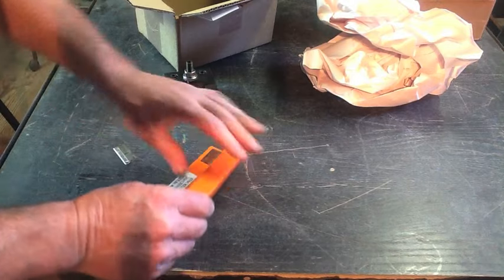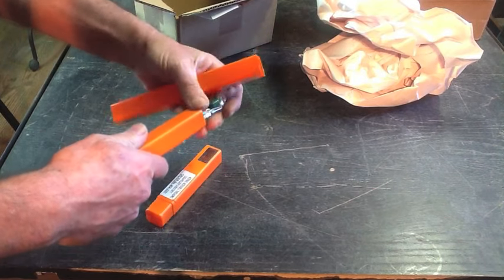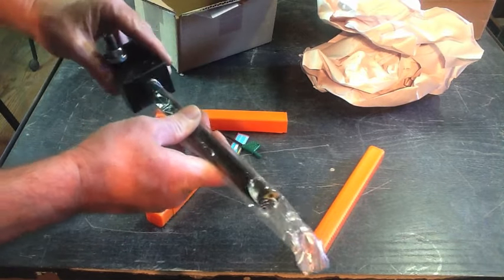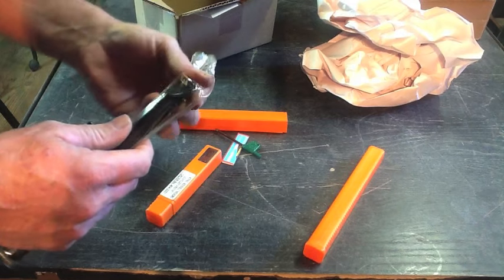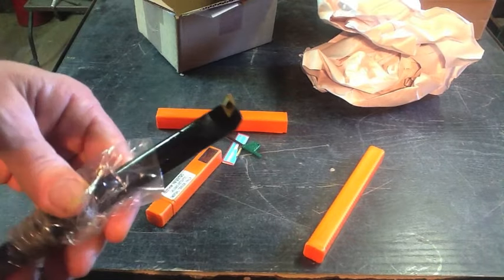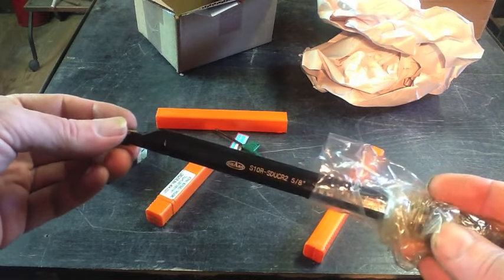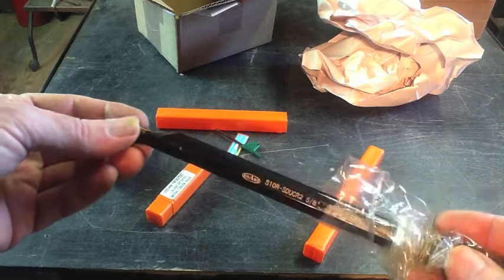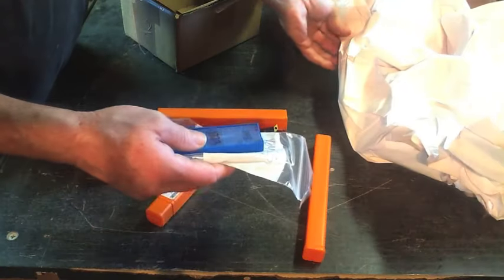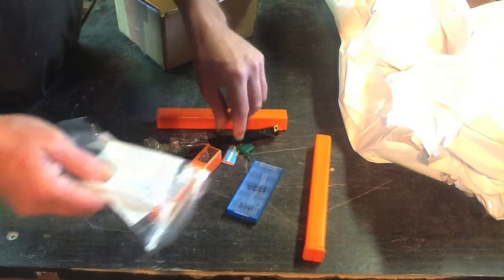And there should be a couple of things on the inside as well. But this is the boring bar that I purchased. That'll fit right in that guy there. I think that takes a DCMT. Let me see if you guys can see that. A nice 5/8 boring bar. I picked this up off of Shar's. There are the inserts. They were hiding in the paper. So I bought 2 inserts for the boring bar,